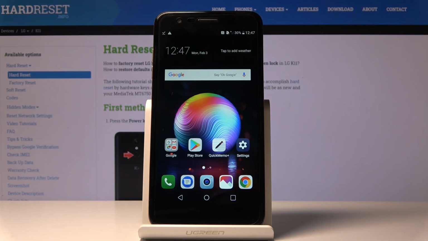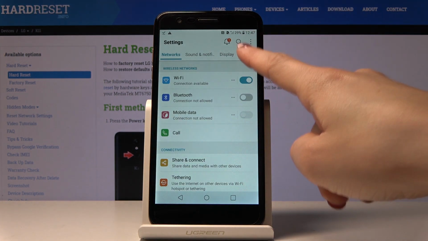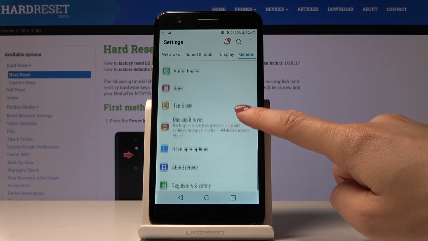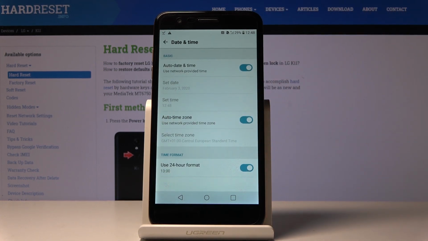Here I've got LG K11 and let me show you how to set up date and time on the following device. So at first let's open the settings, then find and pick General, which is the last tab. Now scroll down, locate and open date and time right here, and now you can either use network provided time,